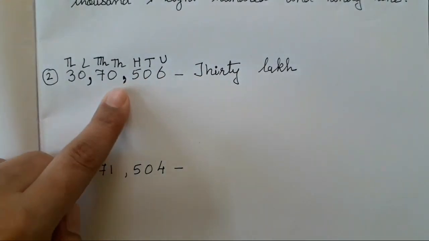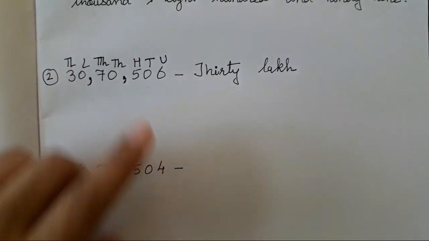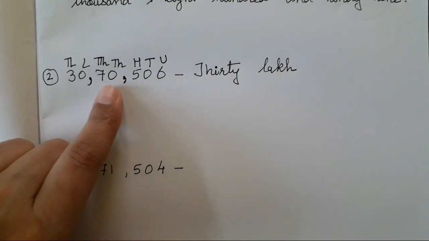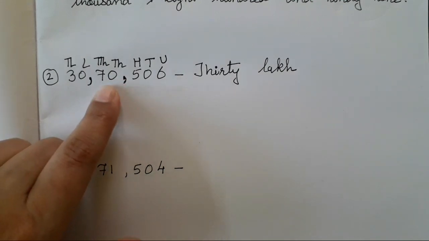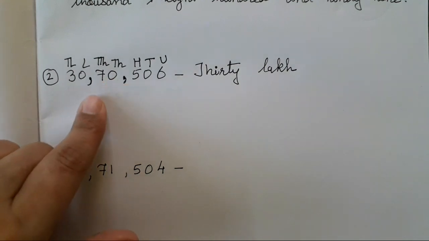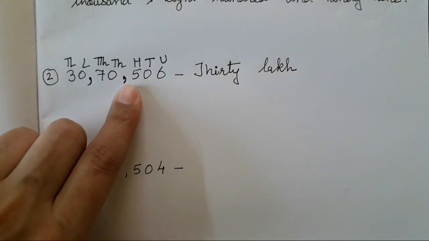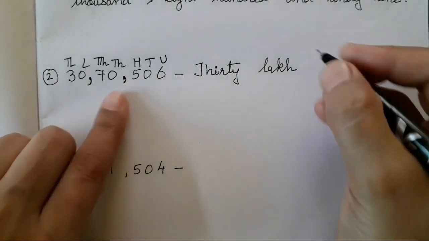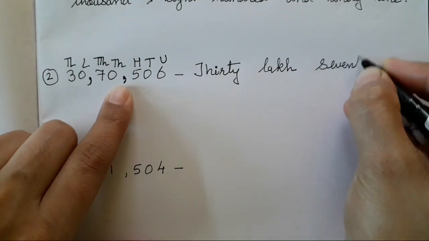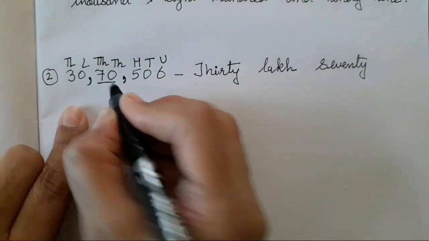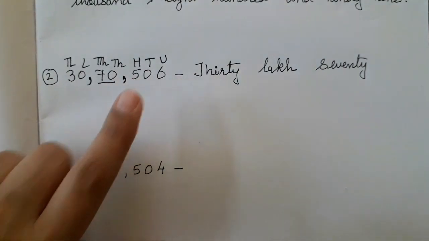These also add to the meaning, children. These commas are not just for putting, we have not put them just for time pass. It is because they contain some meaning. That is why we have to add these commas also. After lakhs there is a comma, after thousand there is a comma. So 30 lakh, 70,000. Got it? So these 2 digits are going to be a pair. After that there is a comma. Understood why we have to write a comma?